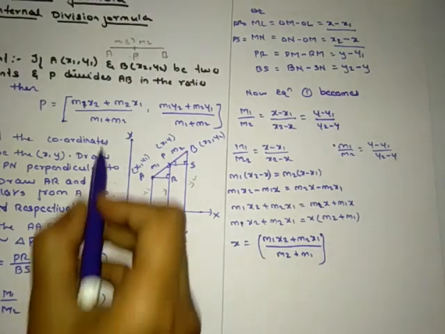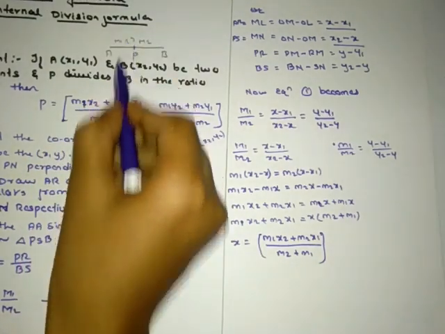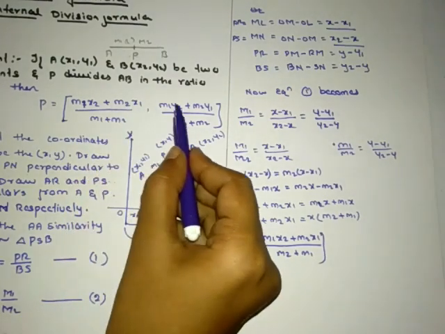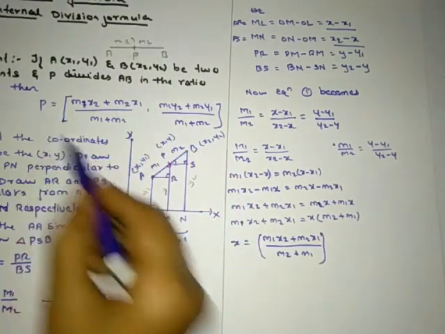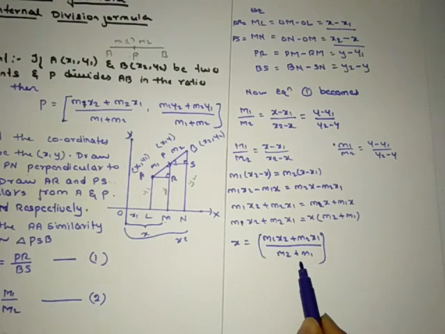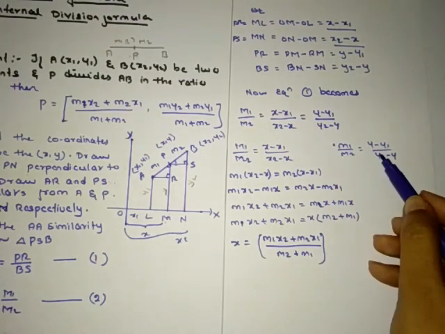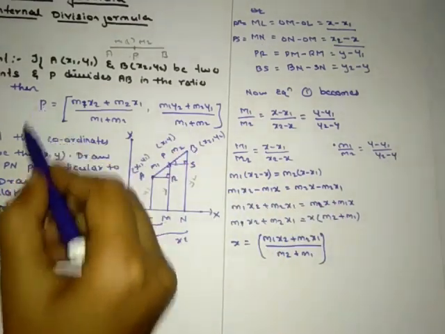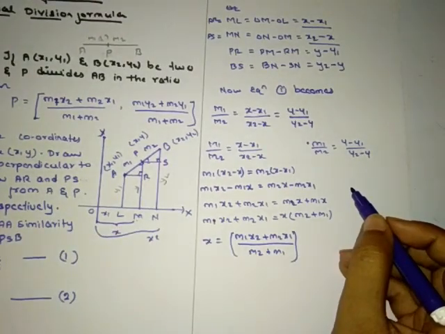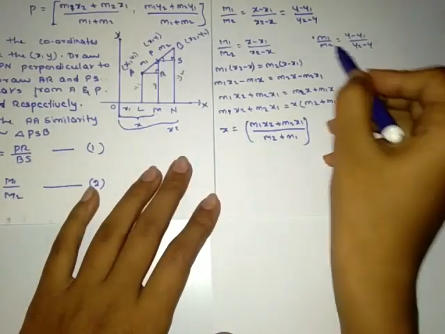Here we have got this x coordinate of the point B. This is the x coordinate and this is the y coordinate of the point B. Here we have obtained only the x coordinate. If we solve this, we will get the y coordinate of point B. Similarly, we'll solve for this now.